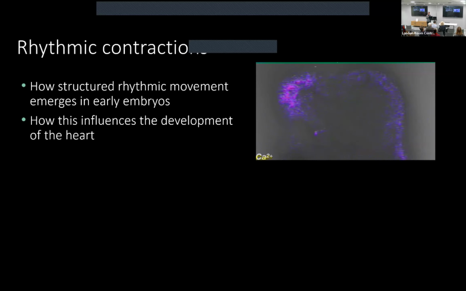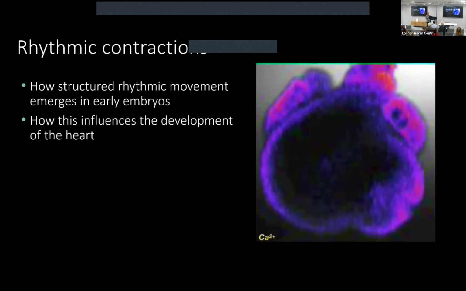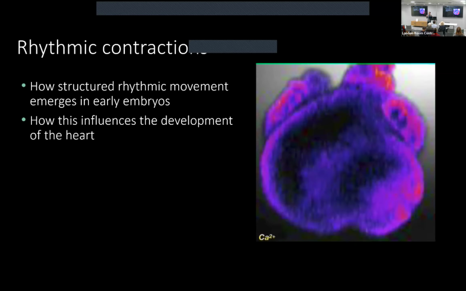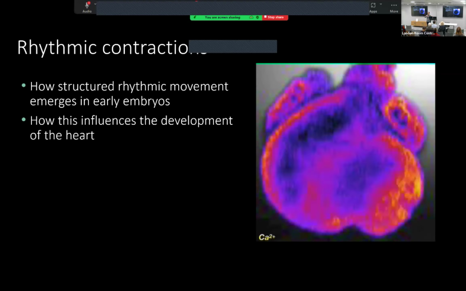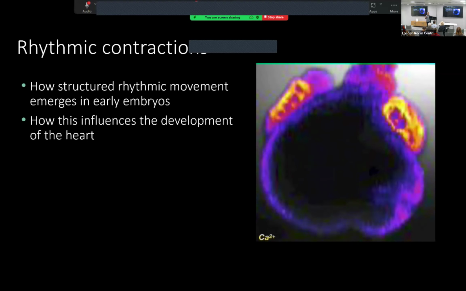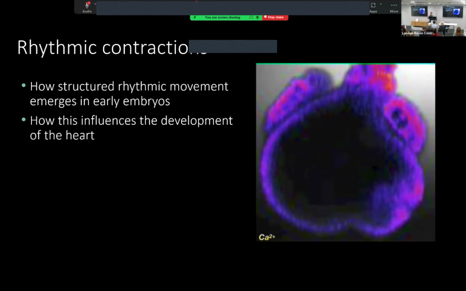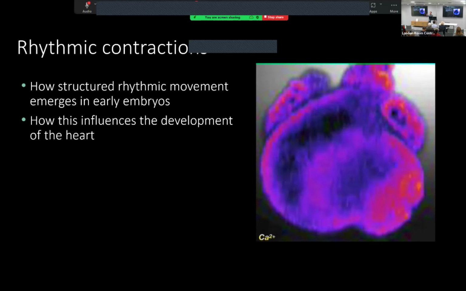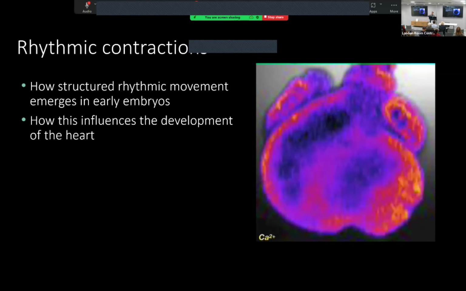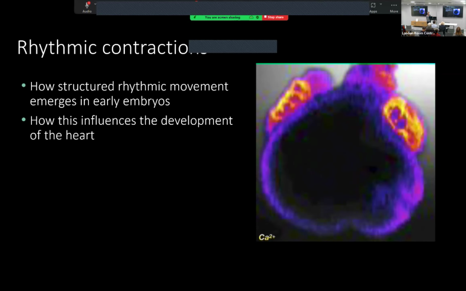Things like their calcium ion concentrations. Then transgenic embryos. And then gradually this develops into richer and richer, more complex structures. You get patterns of movement, and the movement affects the growth of structures. Actually, that's one of the big questions that until recently was really open. No one knew: does the movement happen first, or do the structures happen first? Do the complex structures affect movement, or does complex movement affect structures?